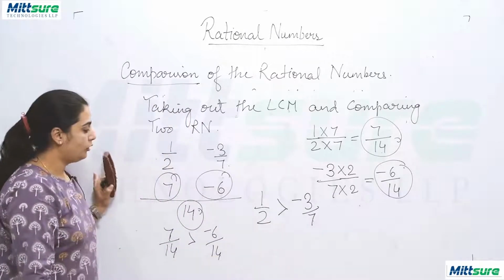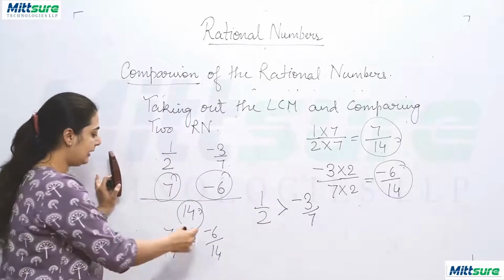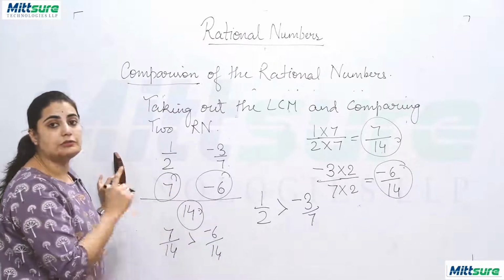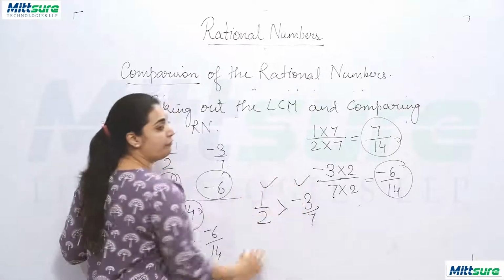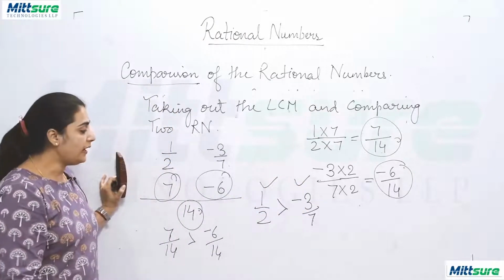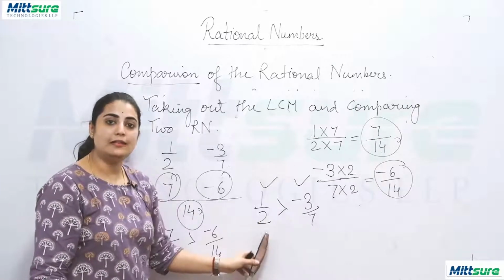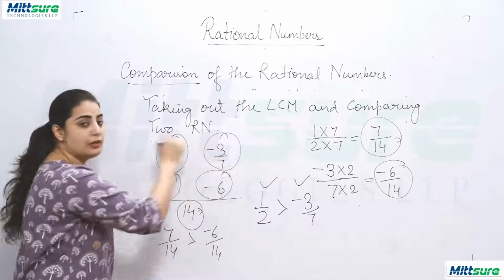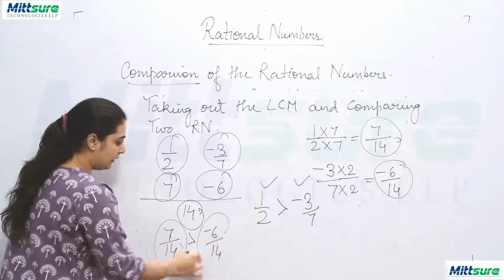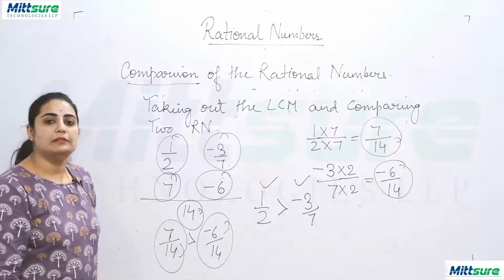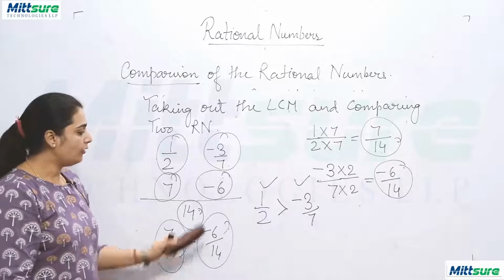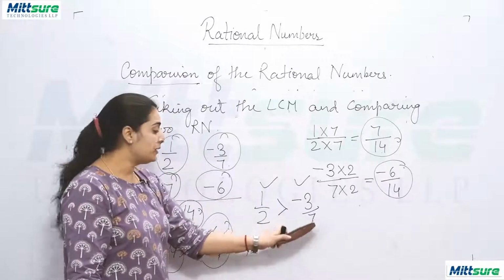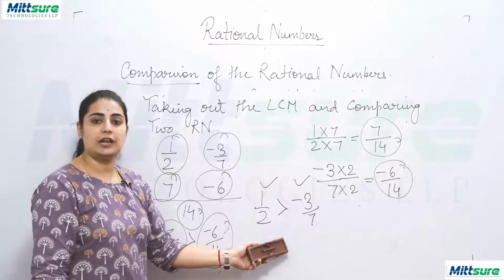Here all of you have to keep in mind that after solving or after taking out the LCM, you are supposed to write your answer in the original form of rational numbers. It is very important to show the comparison between the original rational numbers. Original means which was there in your question. If you leave your question here only, then obviously marks deduction will be there. Clear? So to avoid it, always remember to write the comparison in the question format only with the original rational numbers.